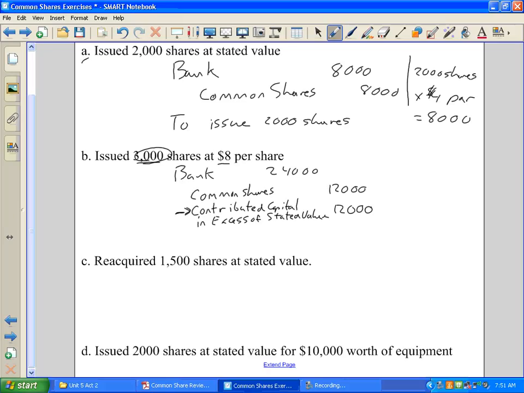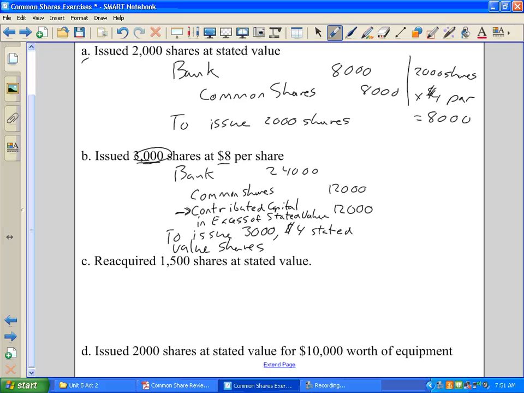But that's where we're going to put that 12,000 bucks, okay? And I will say to issue 3,000, and I'm just going to mention $4 stated value